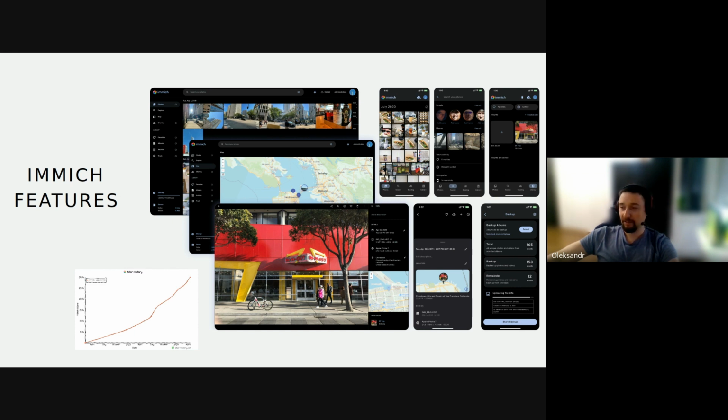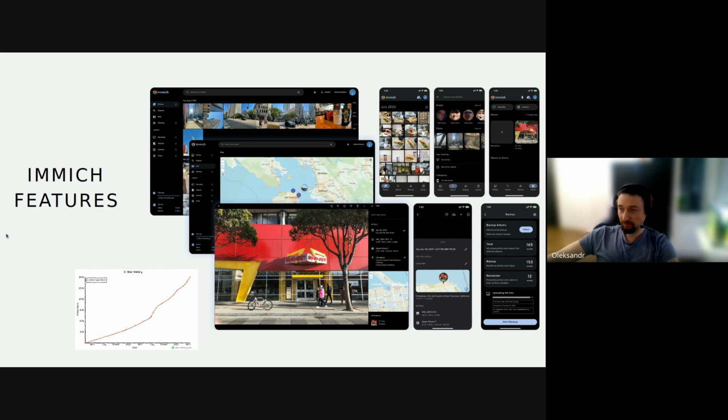It has automatic backups. I can view photos and videos in this application, of course. There is the ability to find events by date, to create albums. It has AI to group photos by people,